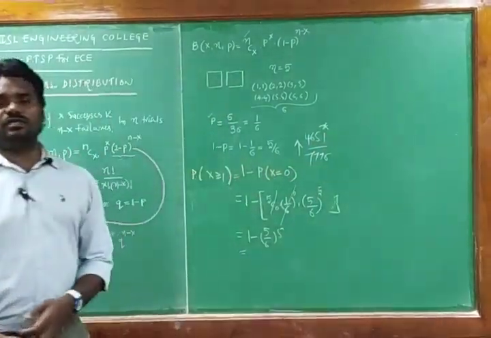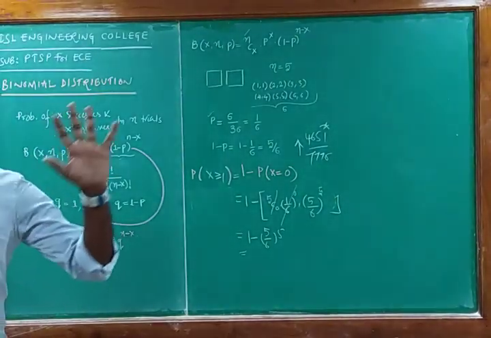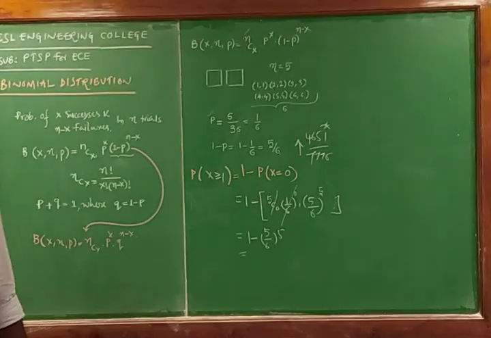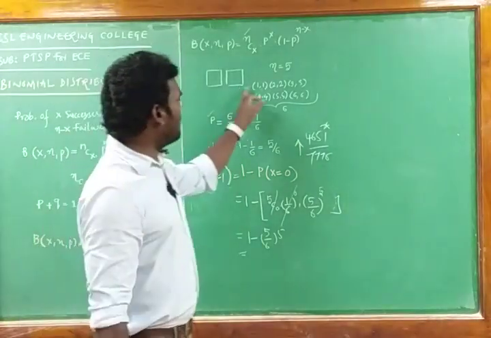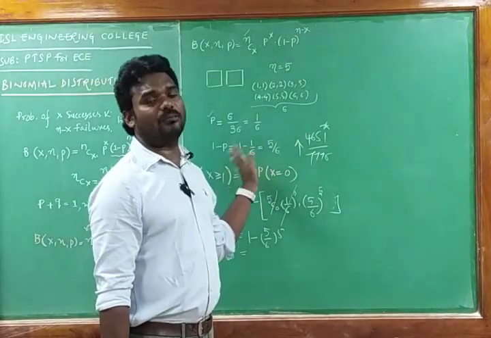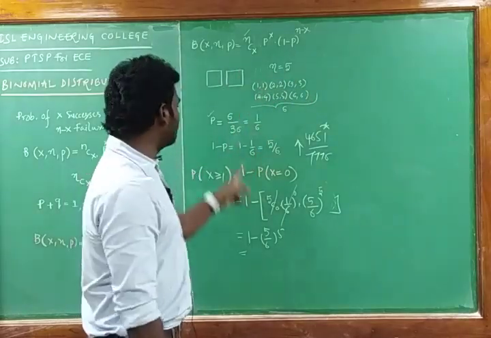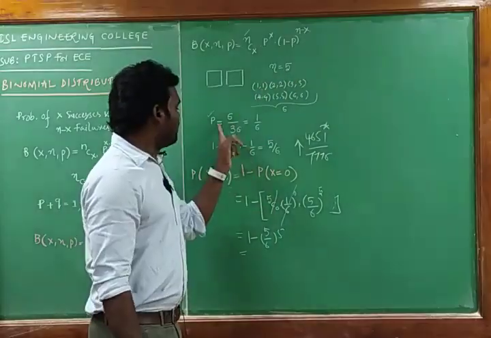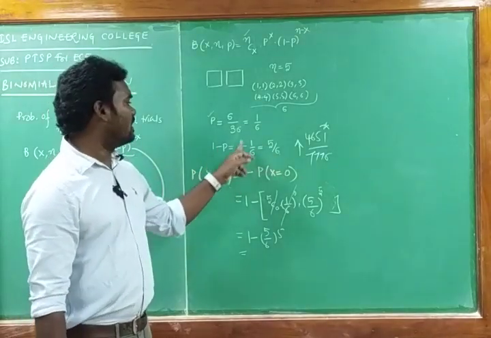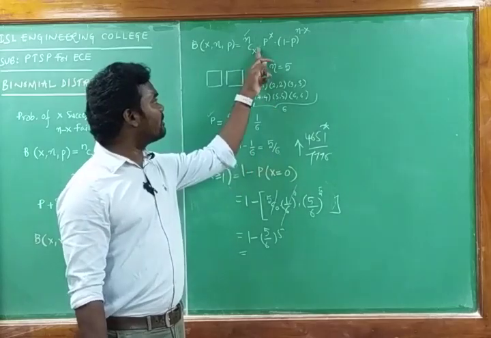Here I am going with the same question again. If 2 dice are thrown 5 times, that means n is equals to 5. Getting the doublet is a success. How many doublets we can get? 6 doublets we can get out of 36. So that probability of getting the success, that is p is equals to 6 by 36, that is 1 by 6. If you know the p, then you can calculate the q, that is 1 minus p, that is 1 minus 1 by 6 is equals to 5 by 6. So that we know the p and x.